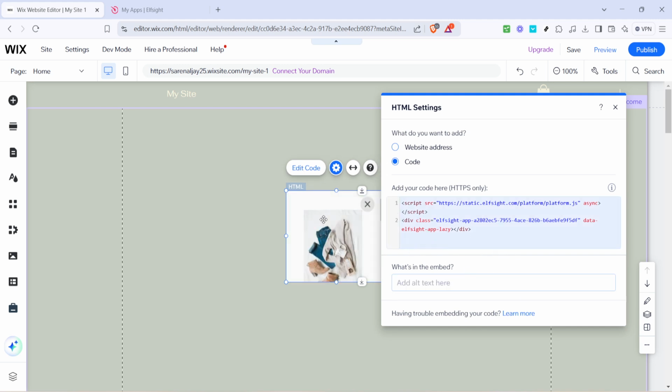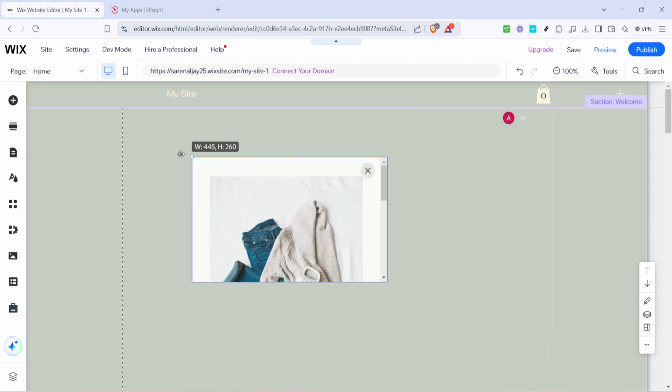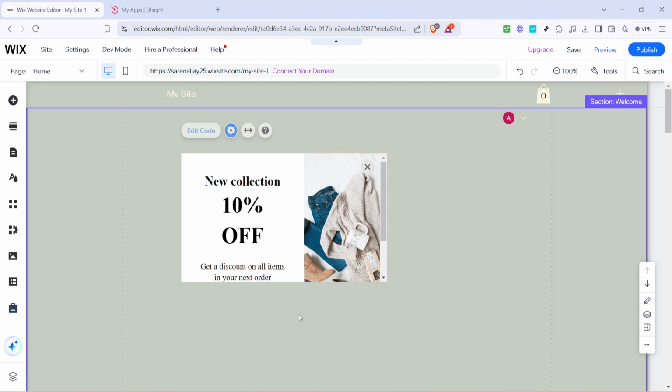Then fine-tune the display by examining the slideshow speed. This ensures your text glides at just the right pace. With everything set, give it a preview. Click on preview to see in real time how your scrolling text appears to